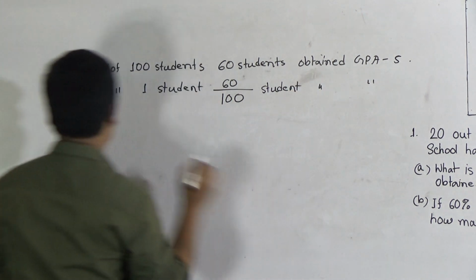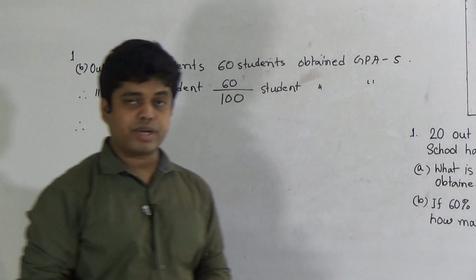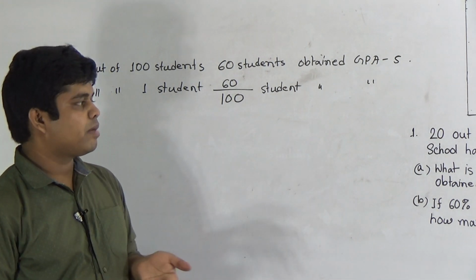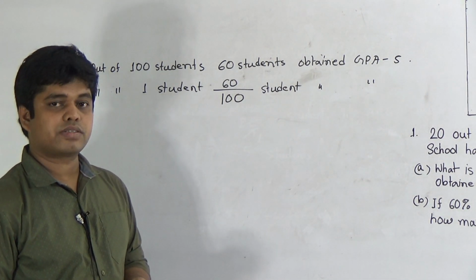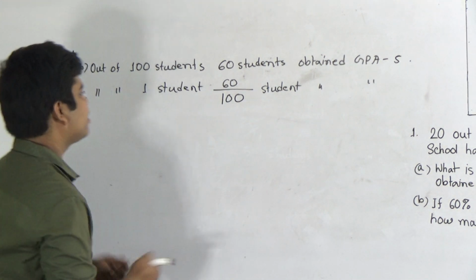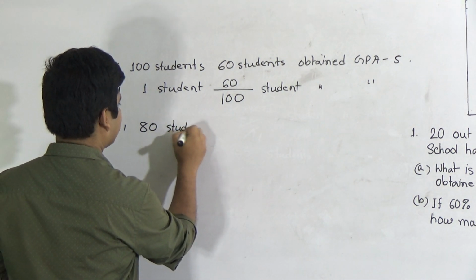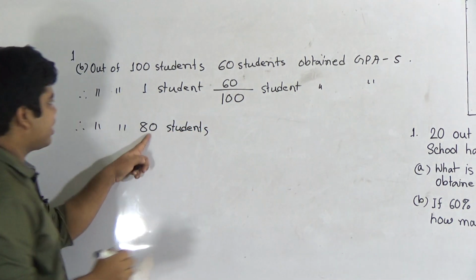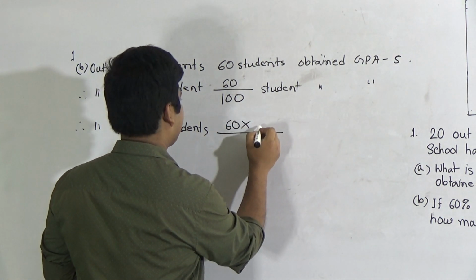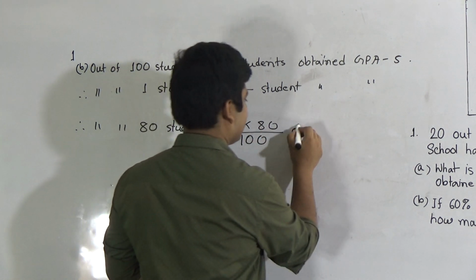obtained GPA 5. Now as we need to find out how many students obtained GPA 5 of that school, that means the total number of the school is 80 students. So we need to find out of 80 students how many students obtained GPA 5. So I write here, out of 80 students, as 80 is greater than 1, for this reason multiplication will happen, that means 60 multiplied by 80 divided by 100 students